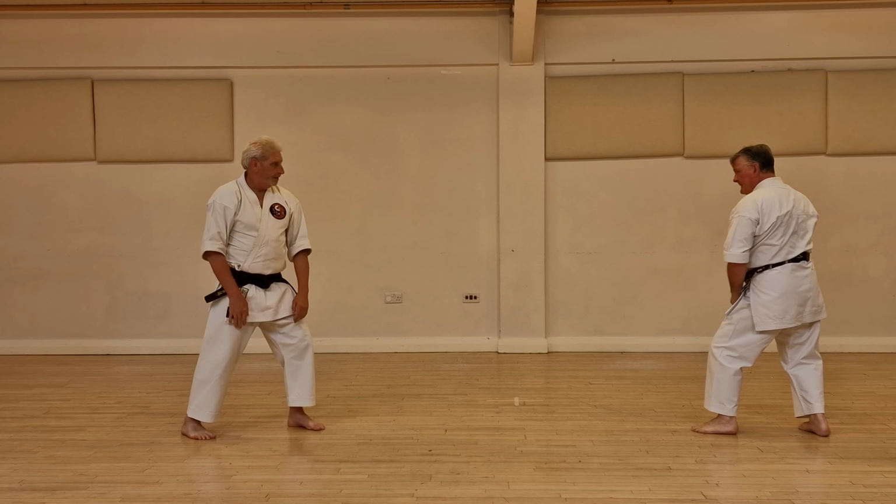Okay, so Morote-uke. I'm not really a big fan of using two arms for an uke. If you want to use either one as a punch, then back, then through. And we'll be demonstrating this one in a minute. Yeah, this one a few years ago,